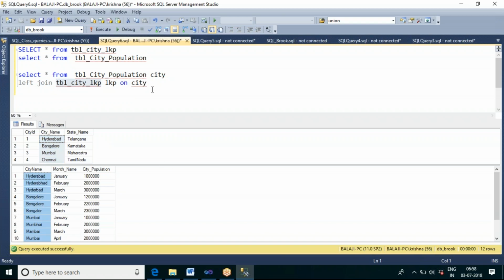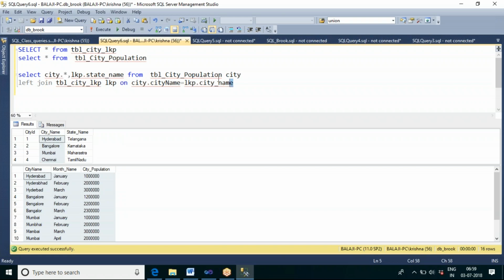From the first table, city name equal to lookup table dot city underscore name. From the city table, I have to show all the columns, city dot star, and from the lookup table I need to show the state name column.